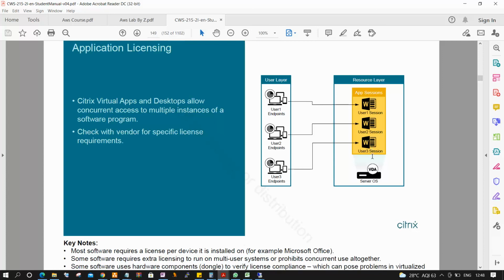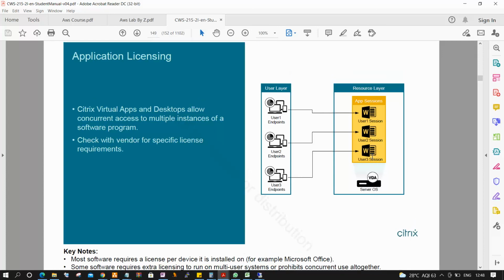Except Citrix, all the other licenses we buy from Microsoft? Now, to activate the Citrix product, we buy a separate license from Citrix. Each and everything we need to buy. There is no doubt at all. The ones you spoke about in the previous slide, we buy from Microsoft, right? Exactly. This one is from the vendor.